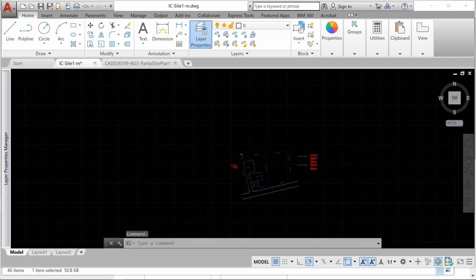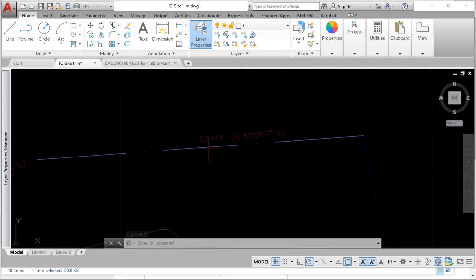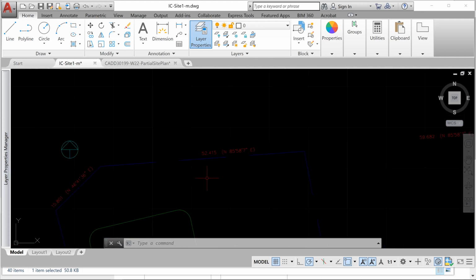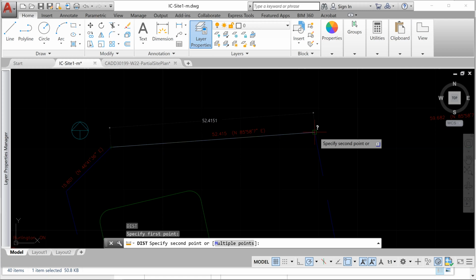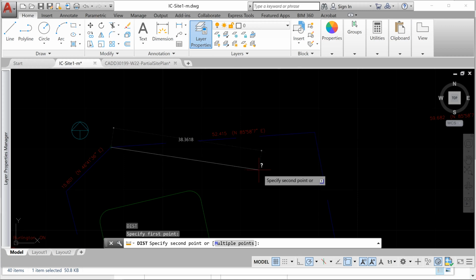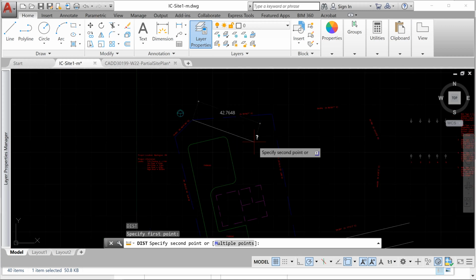Because there are drawings, like this one here, that says 52, and I presume that will be in millimeter. And when you check, for example, again, type DI, it will give you, in this case, 52415. So that means the surveyor is accustomed to drawing in millimeter, where 1 unit equals 1 millimeter, not 1 meter. So that will also have some effect when you import within